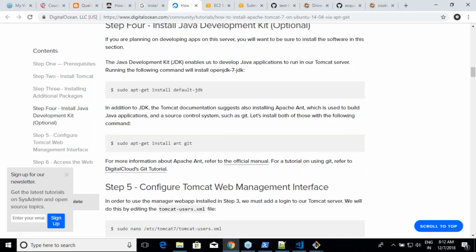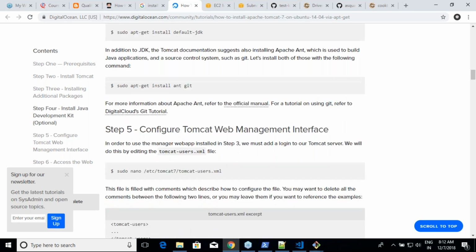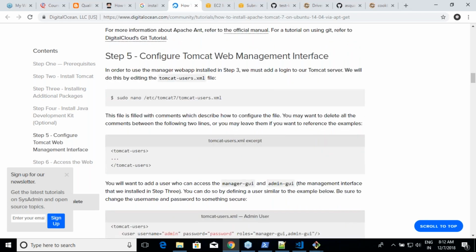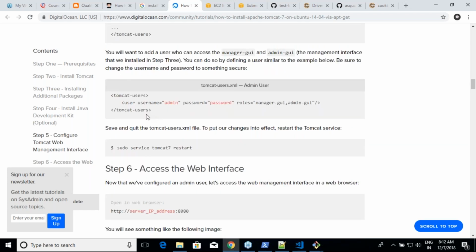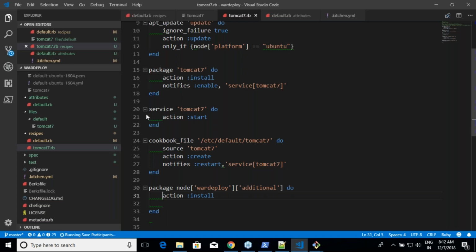Okay, Java I don't want to install, right? And then he tries to get us to configure the users.xml. Okay, now in the users.xml I have to change this admin and password. This will give me a way to log in, but I don't have the time to do till that point. So what I'll do is I'll just try to do till here. Make sense? Even after this, I'm restarting Tomcat. Now, what do I need to do now?